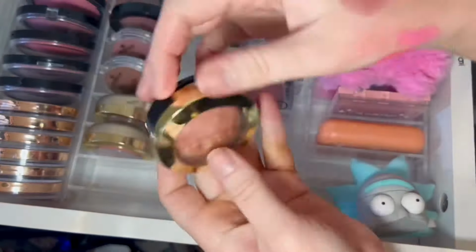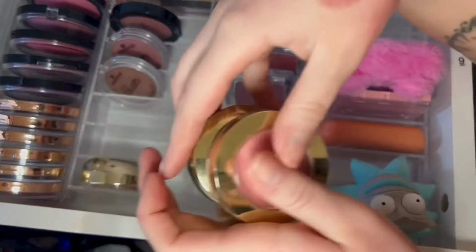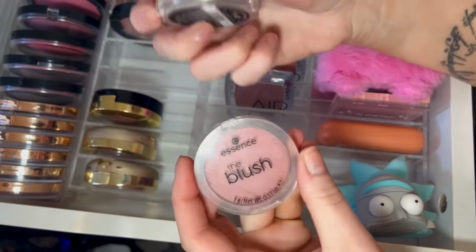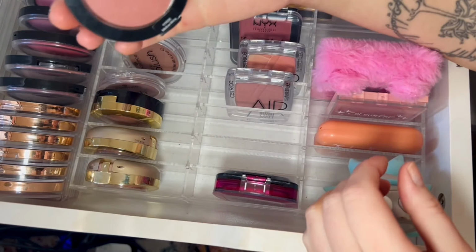I have these Milani blushes. We have Rose D'Oro. We have Luminoso. And then Dolce Pink. I'm going to keep all of these. Keeping both of these. These are from Essence. These are called The Blush. I have the shades Bespoke and Befitting. I really like those. I'm going to keep this one and only